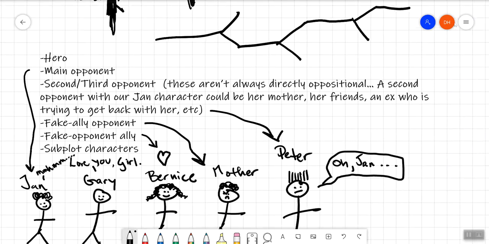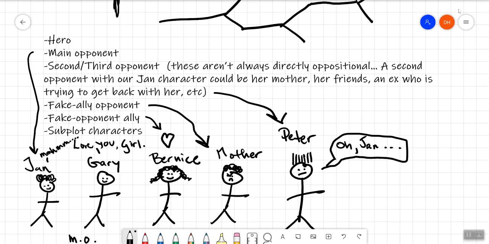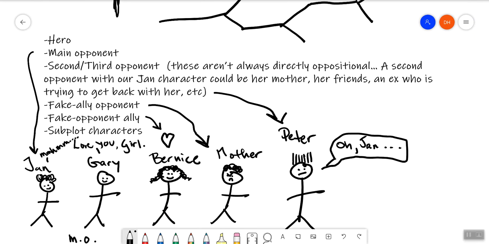Now, when we're talking about other characters, so we've looked at what makes a good character, how to build that. Well, what about other characters? Well, you have to have a good understanding of Jan, right? Because she's your main character. But you also have to have other characters in the story. Nobody exists by themselves in fiction. Okay, even